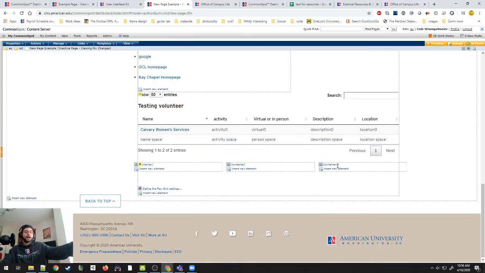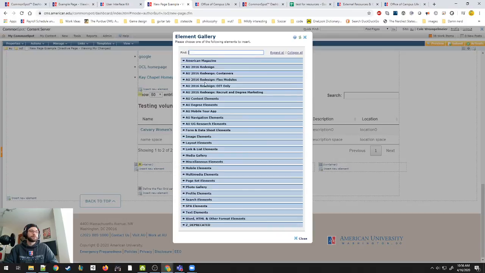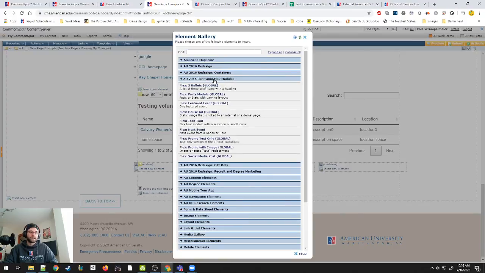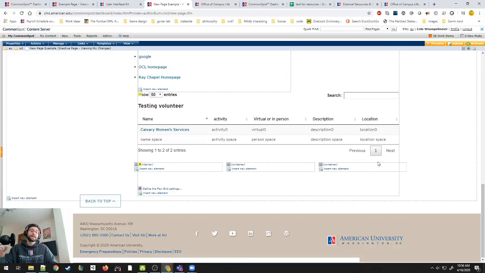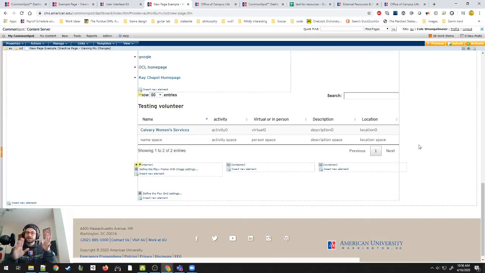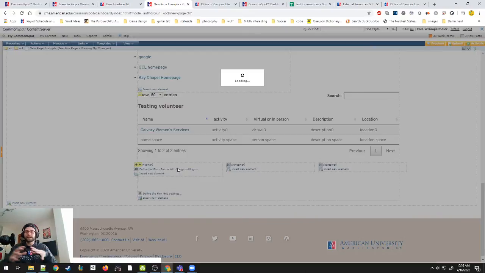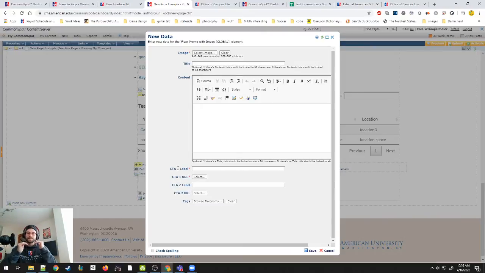All right, so hey, wow, we've got all these containers. So again, we can add flex modules because those promos are good. Let's add a promo with images, right? We got to be careful with this though, because as we discussed yesterday, the promo with image requires a very specific image size. It's not terribly difficult to size, but we also can't do it after the fact. Remember, this isn't an image editing tool. We can adjust the size of images here. We can kind of play with it, but it doesn't change the baseline size of an image.